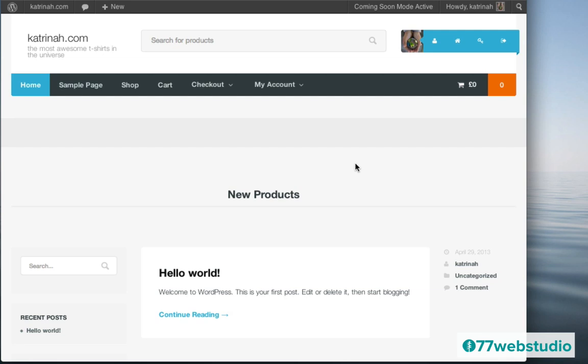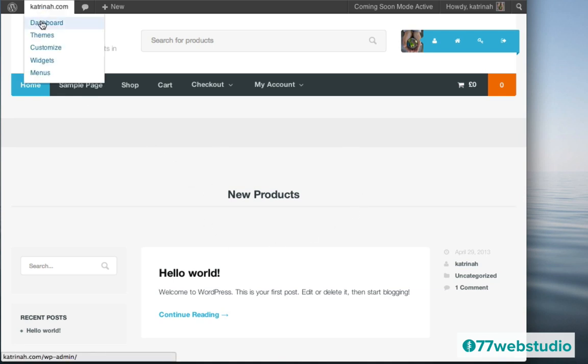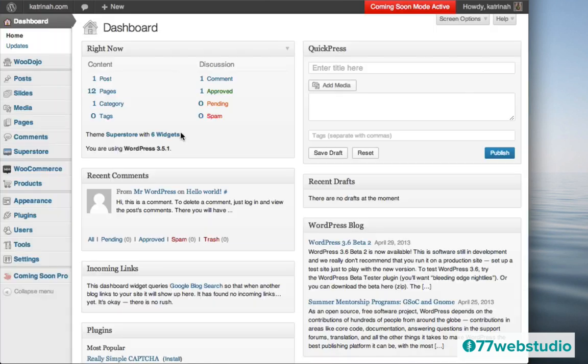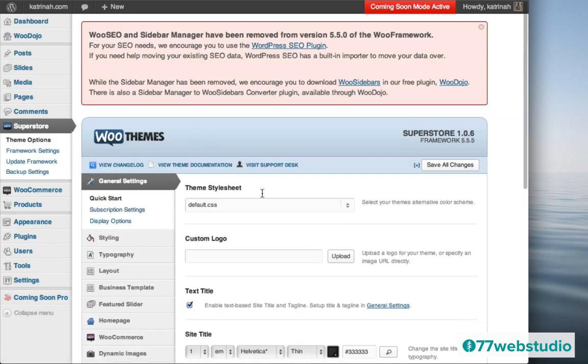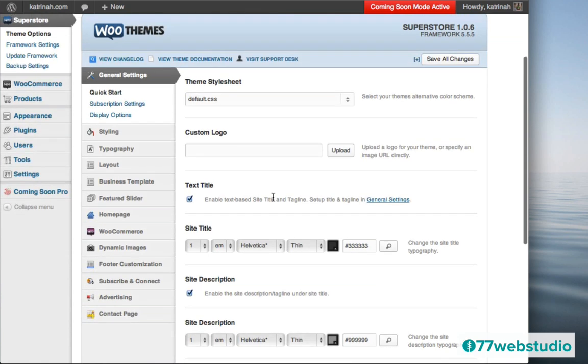So the next step is we have to actually configure which sections we want to have displayed on the home page. So let's do that now. You want to go back up to the dashboard by clicking on Dashboard. And then here on the dashboard, you want to click on Superstore on the left-hand side. So I'm going to click on Superstore, and then you'll see now I'm back again on the theme option screen